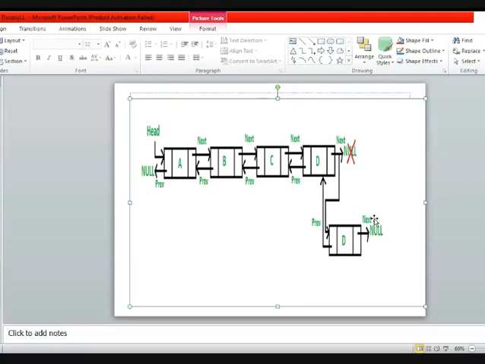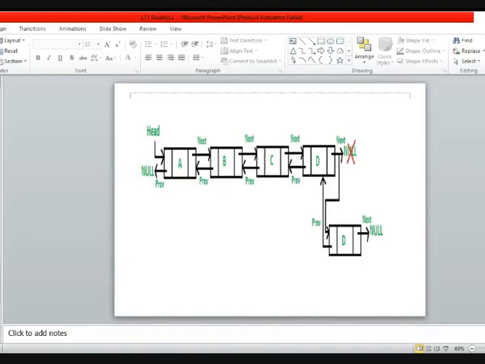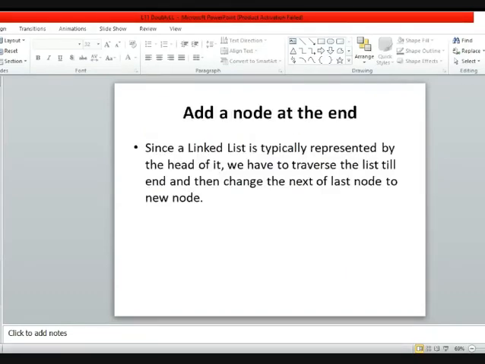Okay, so what we are doing here in the doubly linked list to make it easier is using an extra pointer, the last of the list. By maintaining this last as the last node or the end node of the list, you can easily insert, or you can easily remove, or you can perform any kind of operation in a simple way. So you can make it easy by just maintaining an extra pointer, that is the last pointer. So when you are implementing this doubly linked list, at each step you have to maintain this last pointer also.